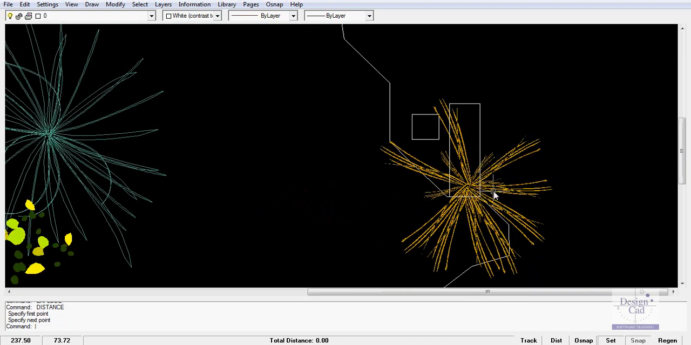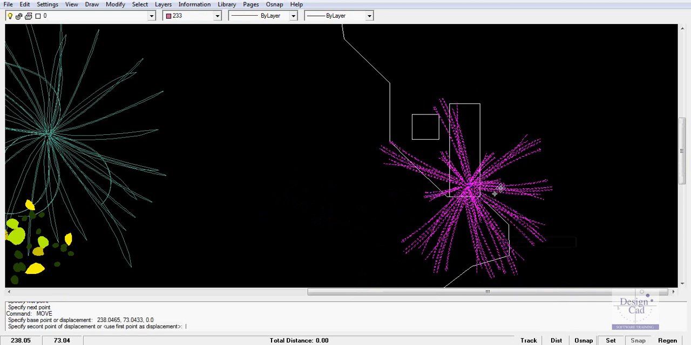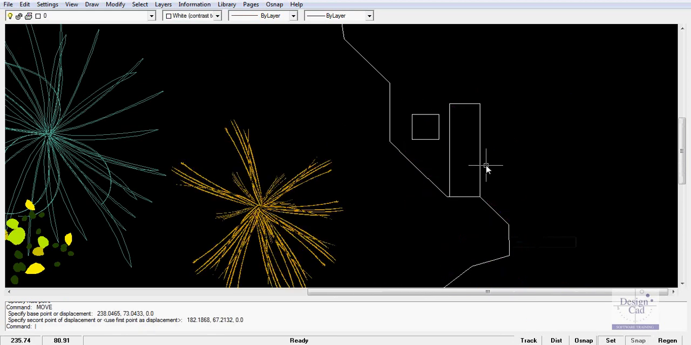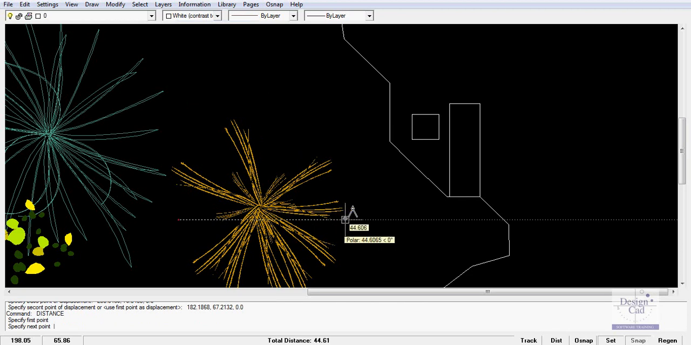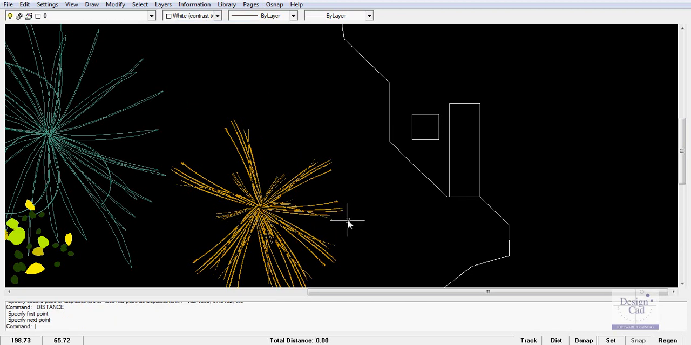So clearly this plant is way too big. So let's just move it out of the way for the moment. Well, not necessarily too big. That could be an enormous plant. So if we measured its distance from here across to here, so that's a plant 44 foot in diameter, which